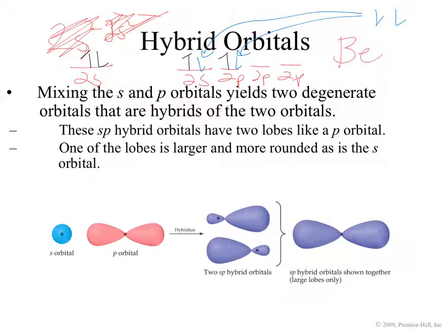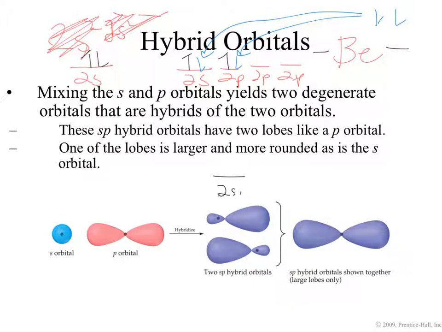But they would be 2 different bonds because this would be bonding with the 2s and this would be bonding with the 2p. And when beryllium forms a bond, it's going to have equal bonds around it. They won't be different if they're not double bonds. So we need to find a way to have this bond be the same as this bond. That's where hybridization for beryllium comes in. We're going to combine the character of the 2s with the character of the 2p, so that what beryllium's really going to be offering when it goes bonding is 2 hybridized orbitals. So instead of 1 2s and 1 2p, what it's going to bring to the table is